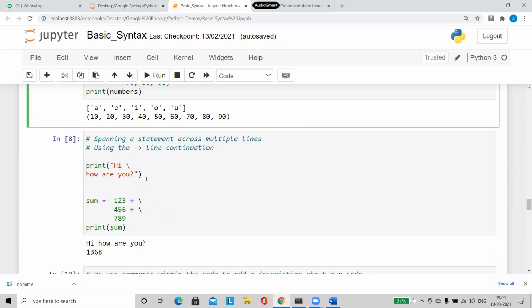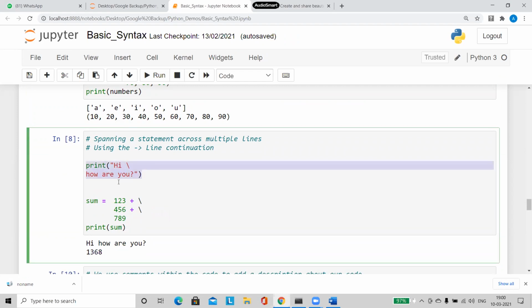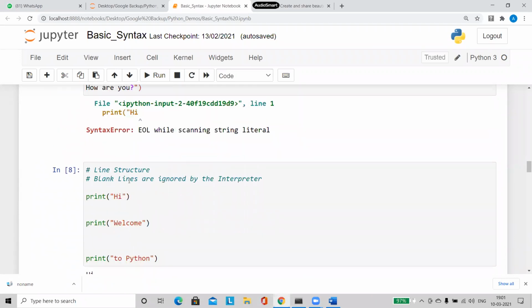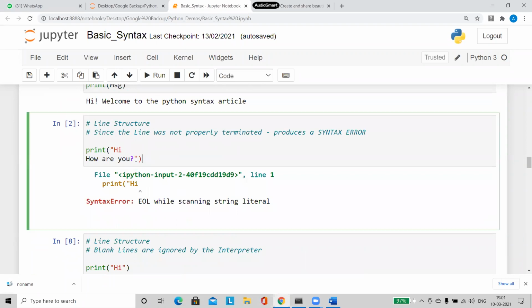And again, one more point is, when you want to write the print statement in multiple lines, then what we have to do is use the slash. The slash is what we call a line continuation. So this is going to tell my interpreter that this line is not over. The next line which is coming belongs to the same thing only. This is what you call a line continuation. So remember, we cannot make use of it directly like this.